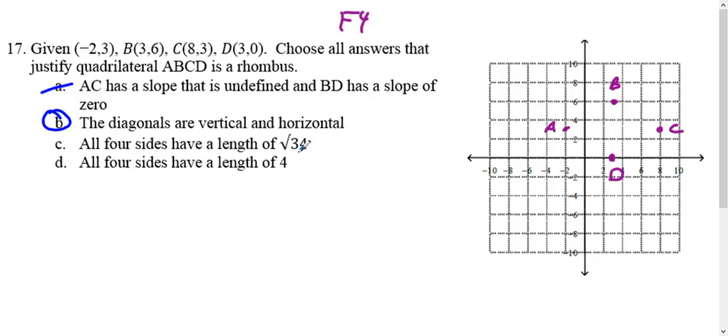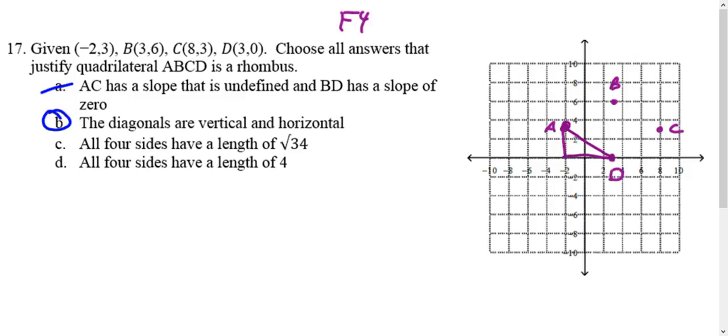And then all 4 sides have a length of square root of 34 or 4. So to figure that out, you just got to figure out how long one side is. If it's a rhombus, which we know it is, they all have that same length. So let's figure out how long